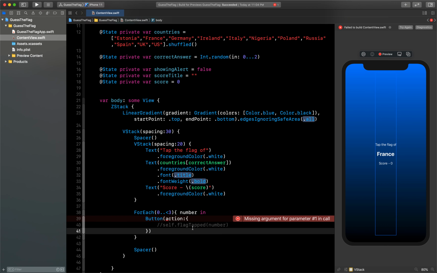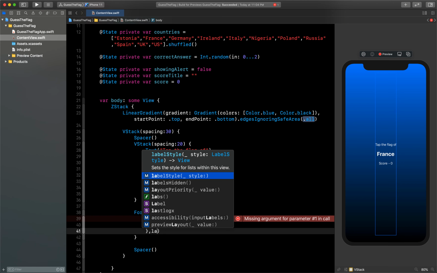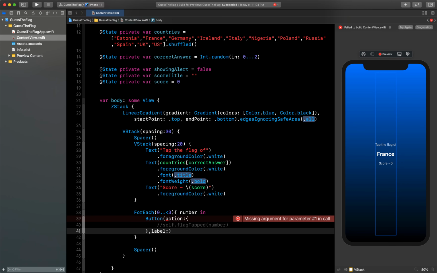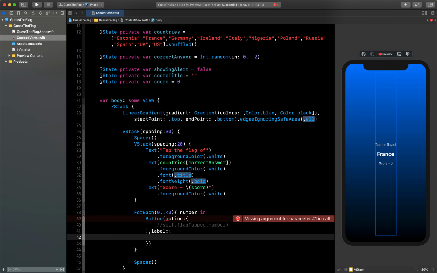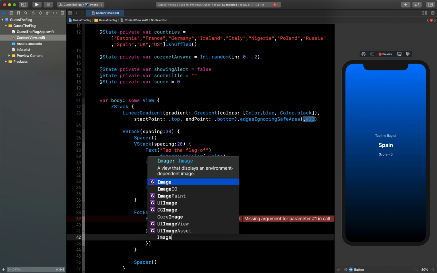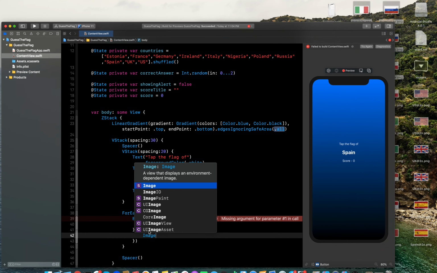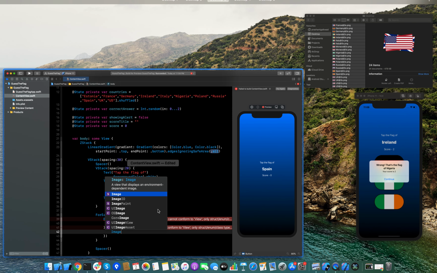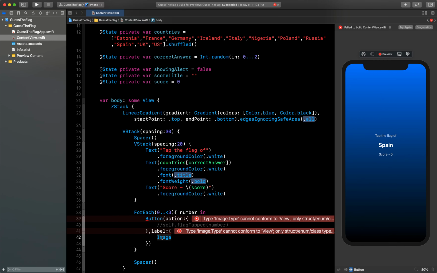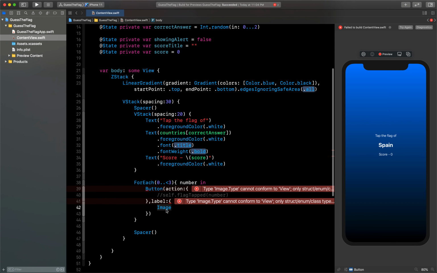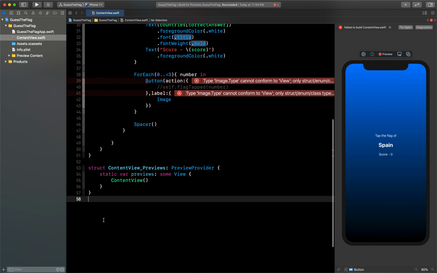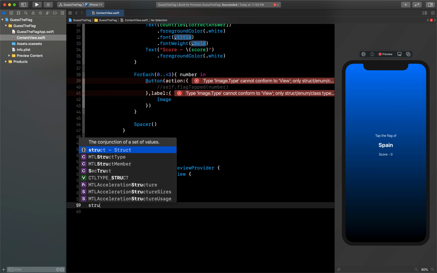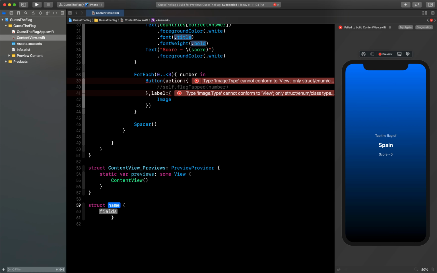And now once we have created this, let me come here, and I need to create one label here which will have the image we are going to show. But here, instead of creating 3 different images, I will create one FlagImage view and use that here. So let's first create that outside our main struct. I will say FlagImage, which will be conforming to View,